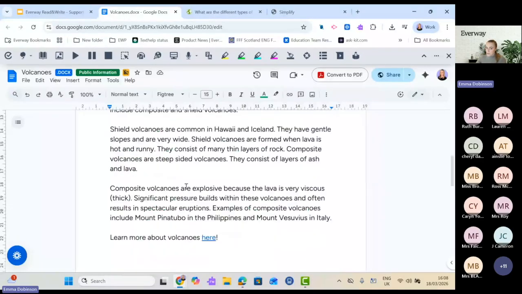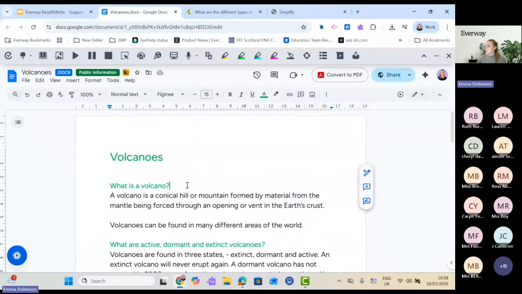So we've got our volcanoes text in front of us and we want the child to read that text. And if they do have a barrier when it comes to reading, text-to-speech is going to be the first key tool that removes that barrier for them. So hopefully you'll be able to hear my audio on your side, but we're just tapping in the document, making sure my cursor is wherever I want to hear it read aloud, and I can go up to the toolbar